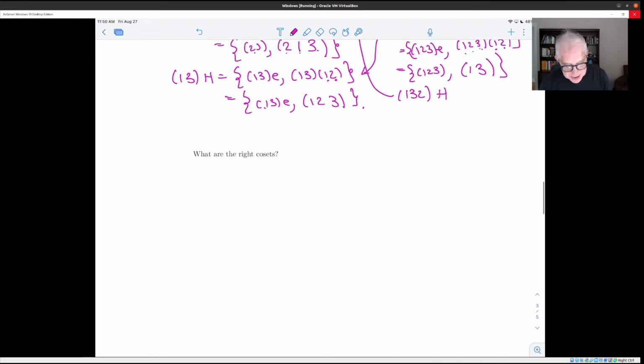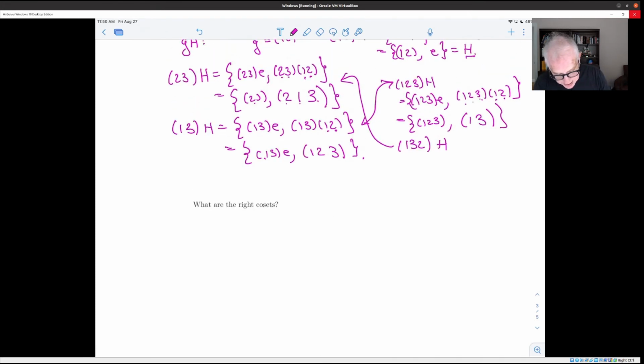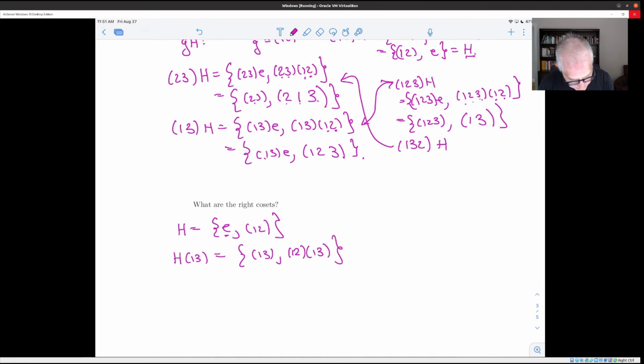Well, more calculations here. If we take the right cosets of H, so remember H is E, (1 2), let's take H(1 3). Well, that's (1 3), because when you multiply (1 3) times E, you get (1 3). And then it would be (1 2)(1 3), and then we have to calculate: 1 goes to 3, 3 goes to 1 goes to 2. And if you look back here,